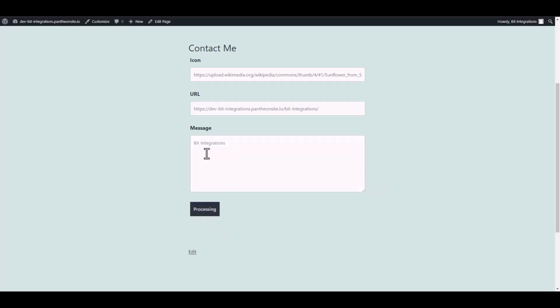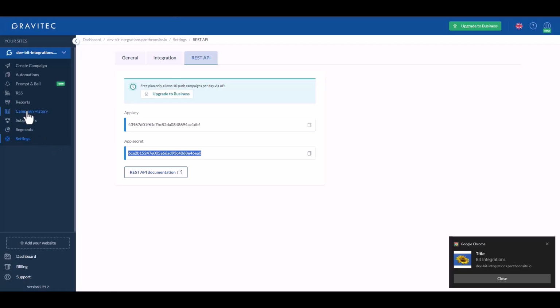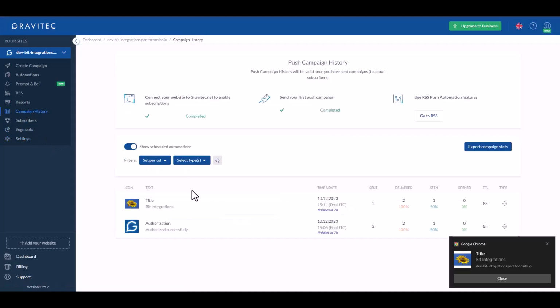Submit it. Go to the Gravitec site and navigate to the campaign history. Here, the notification data came into the campaign history successfully. Also, the browser notification showed me that I had successfully